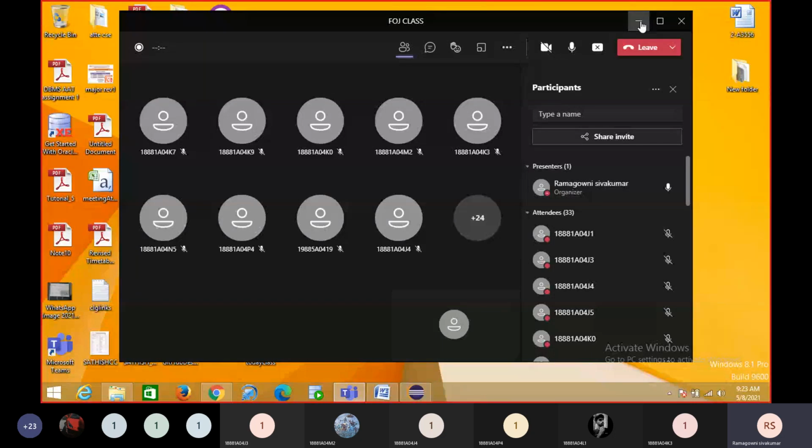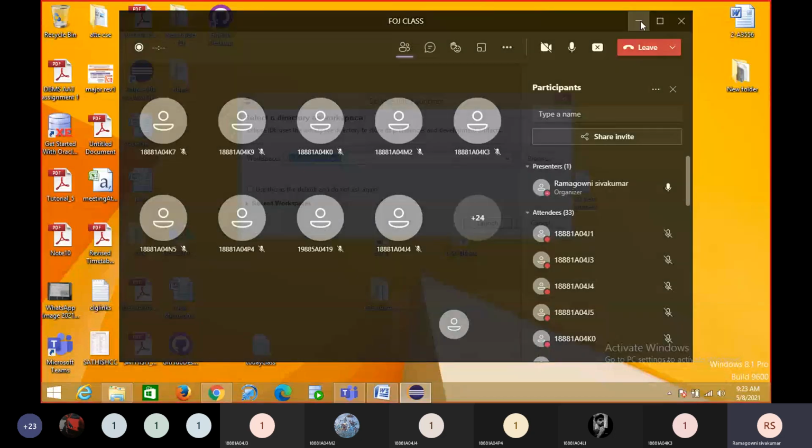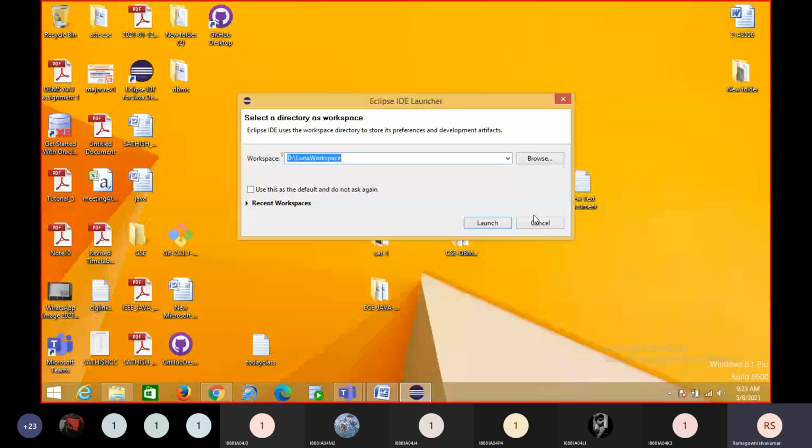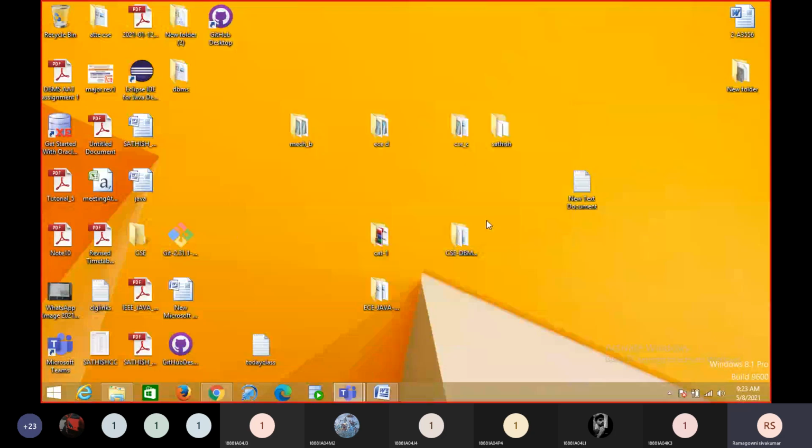This is our Eclipse IDE. I'm going to launch Eclipse IDE here. In the last session, what we discussed,